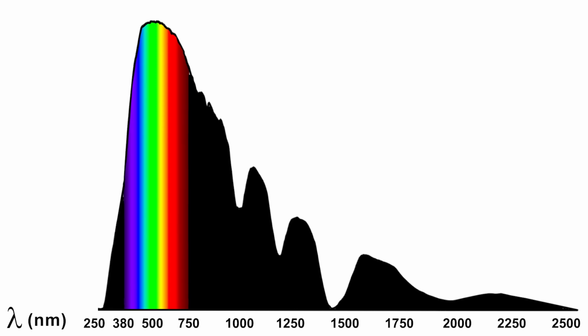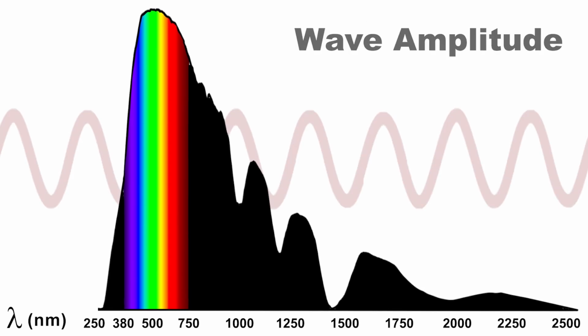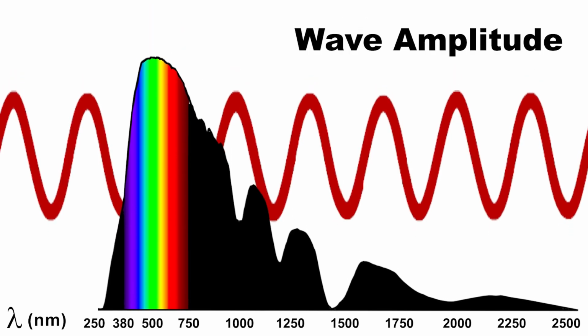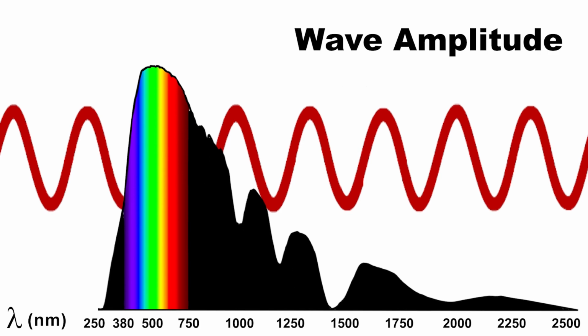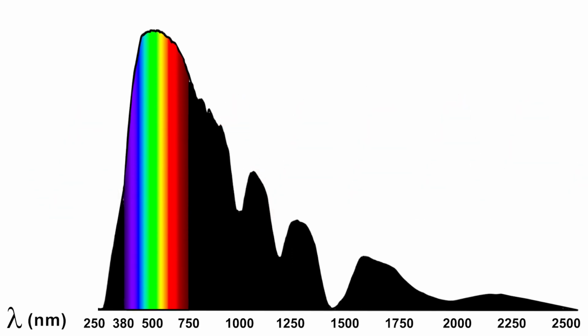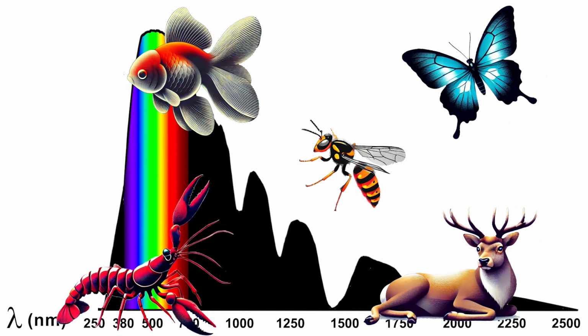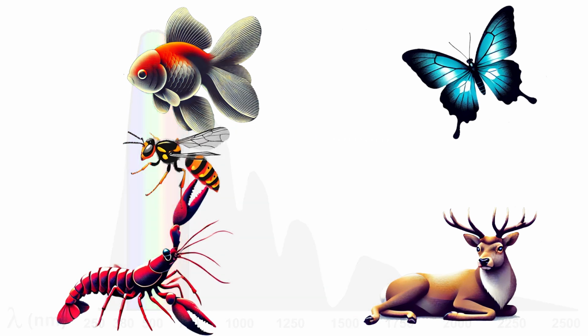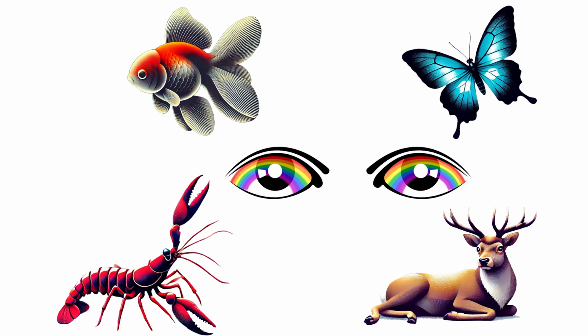The height of these sine waves are not all the same. Called the amplitude, this is the intensity of the radiation for that particular wavelength. You'll notice that the highest intensity radiation from the sun is the visible light. That is, visible to us humans. Many creatures can see in the infrared and UV bands. Our eyes probably evolved to see only the visible wavelengths because it was more efficient to focus on the higher